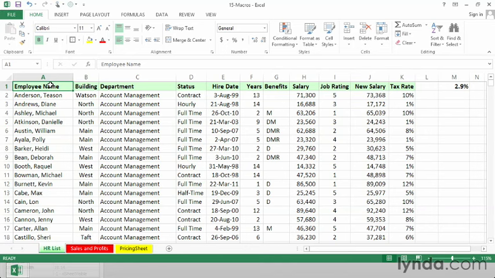A macro is simply a way to take a single action that encompasses or includes many different actions. And let's start with just a few small ideas. Maybe in this particular worksheet here called HR list, you're the manager, and from time to time you look at this list and you flag certain cells because you want your assistant to later make some changes, some adjustments. So you've seen a misspelling in column A, or you know a hire date here in column E is wrong,